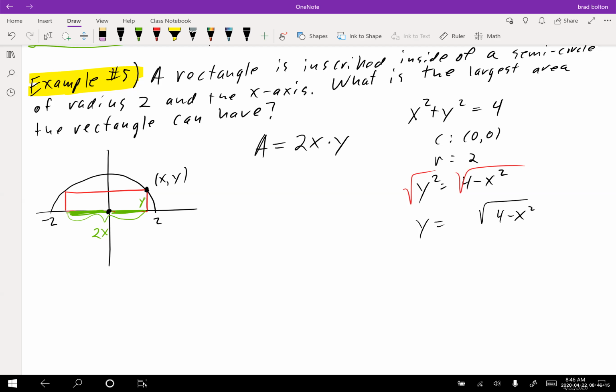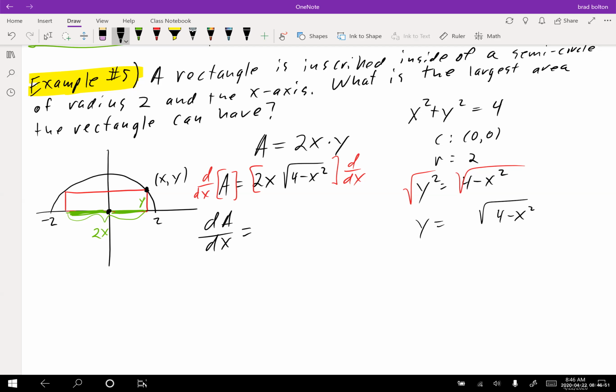So we have 4 minus x squared, square rooted, okay? So that means we now know y. So we have our formula for area. Area is equal to 2x times y, but y is really the square root of 4 minus x squared. Now, in general, what do we do next once we write our equation with one variable? In general, we take the derivative with respect to x, or whatever variable we're working with. So I'm going to d/dx this. So this would become dA/dx, or A prime, is equal